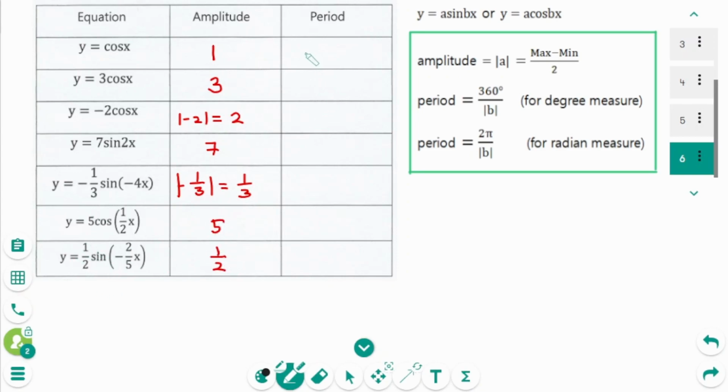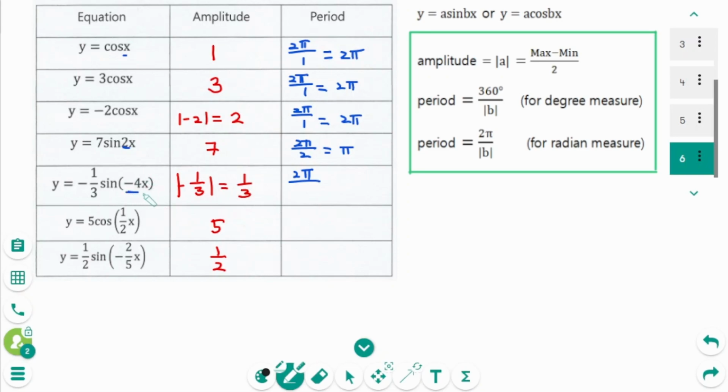The period is 2 pi over 1 equals 2 pi, 2 pi over 1 equals 2 pi, 2 pi over 2 equals pi,